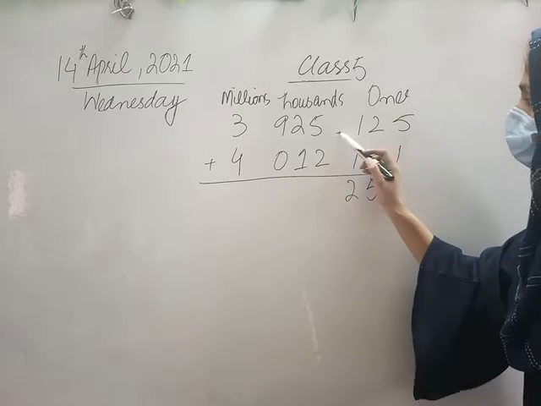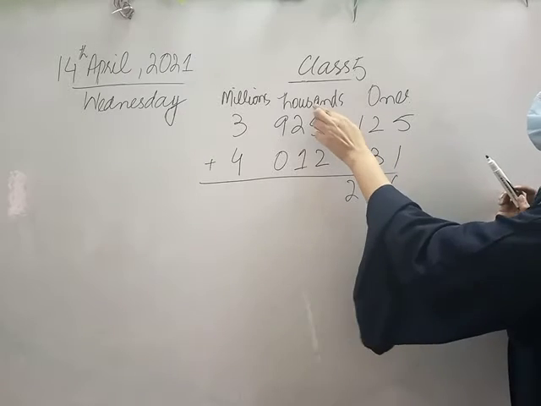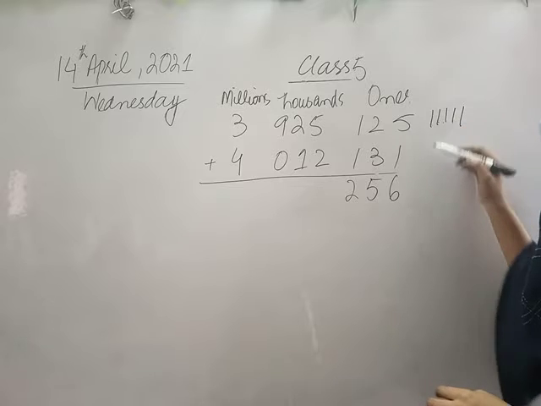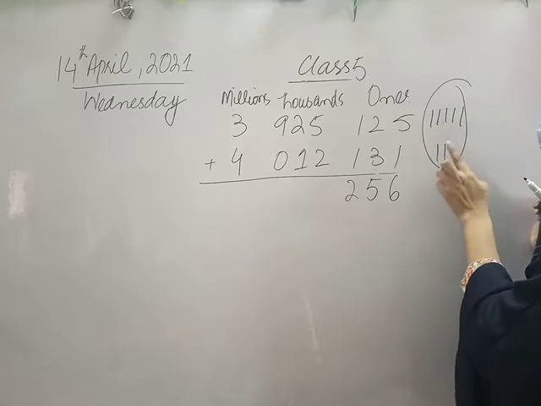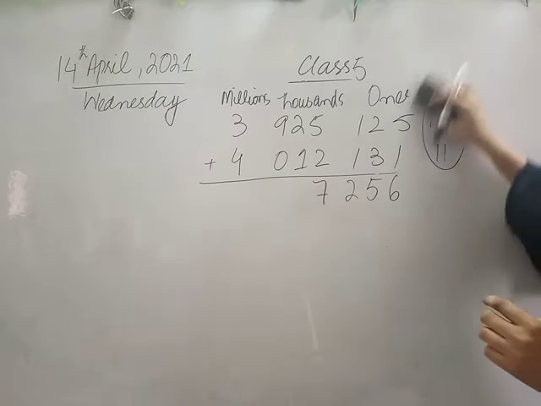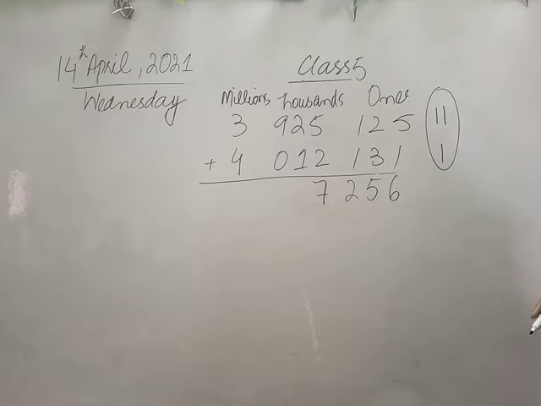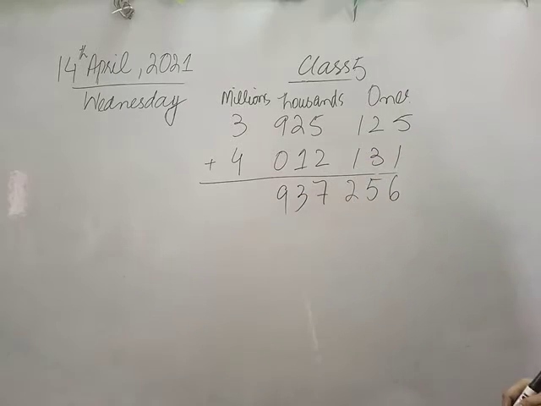Now, if you look, there is a space which indicates the next unit, which is thousand. So 5 plus 2. 5 for upper and 2 for lower. So in total we have 7. Fine, class? Now next, which is 2 for upper and 1 for lower. So 2 plus 1 is 3. Now next number, which is 9 plus 0, which is 9 in total.